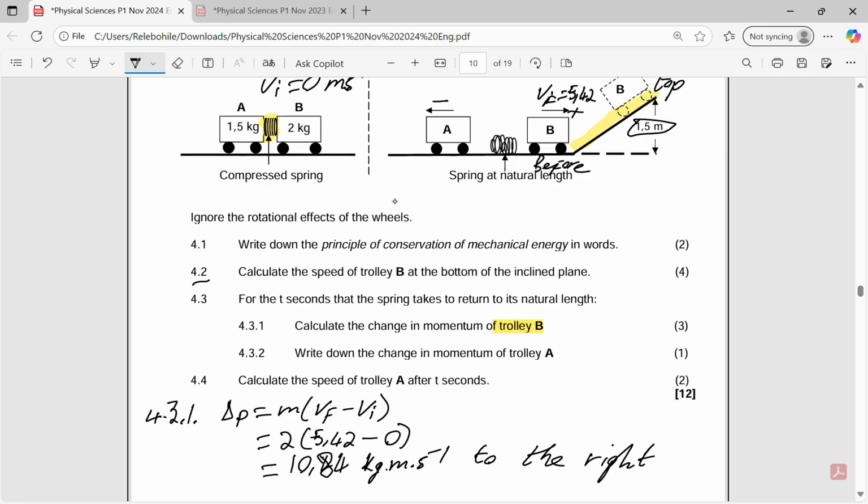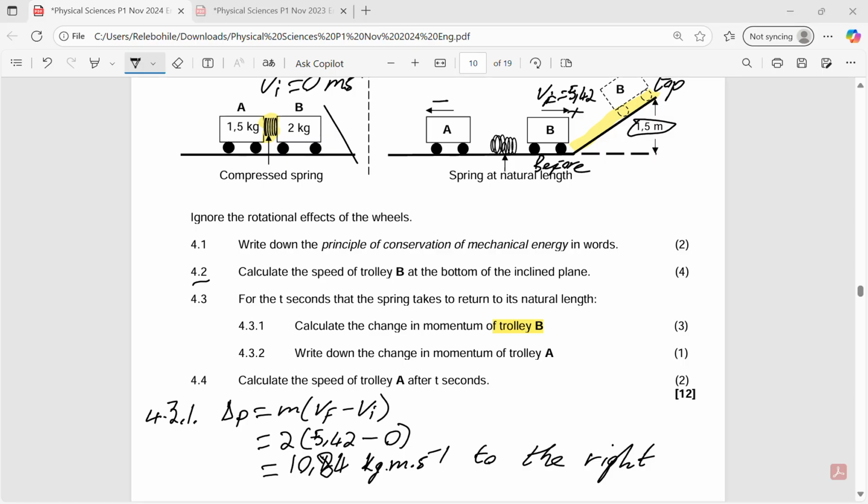Remember, when you look at your change in momentum for two objects, it will always be the same but go in opposite directions. So if the change in momentum of trolley B is this value to the right, then the change in momentum of trolley A will be the same